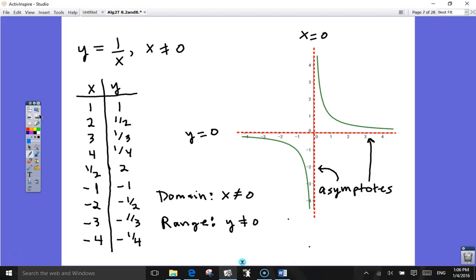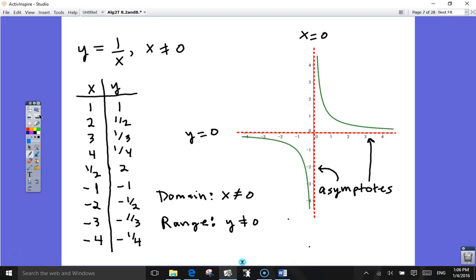Because you can't divide by 0, right? Well, if x cannot equal 0, that means the graph cannot cross the y-axis, which means the y-axis is what? It's an asymptote, right? The graph cannot cross the y-axis. Therefore, it has a vertical asymptote on the y-axis, x equals 0,